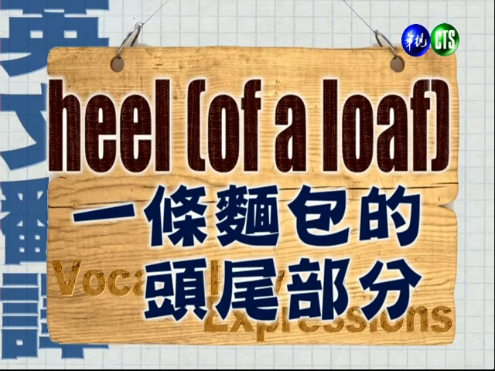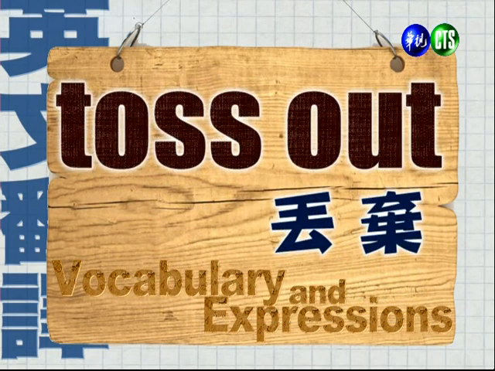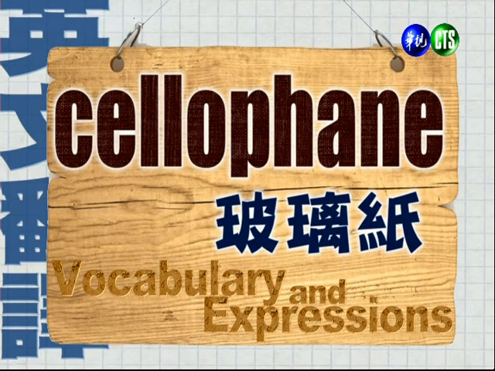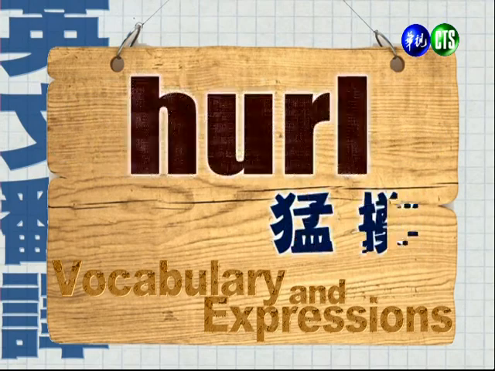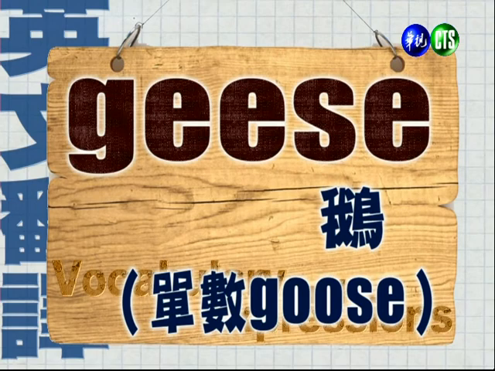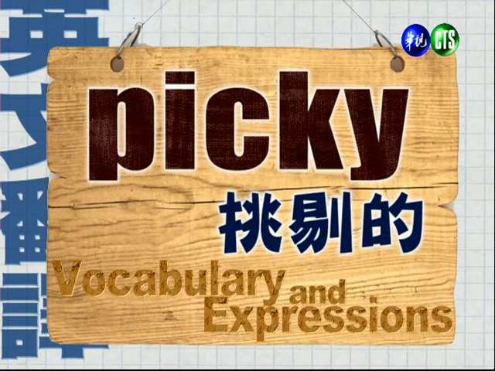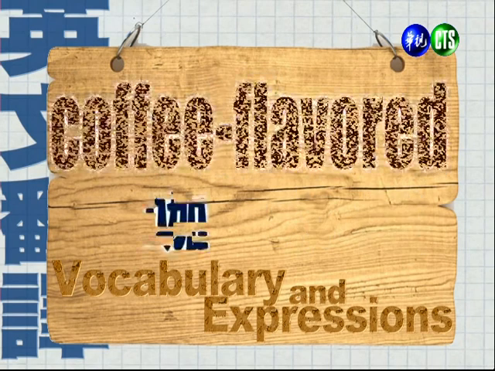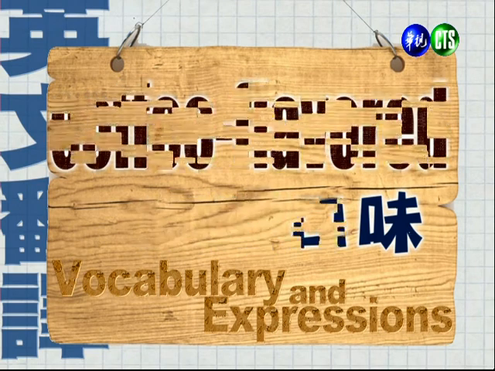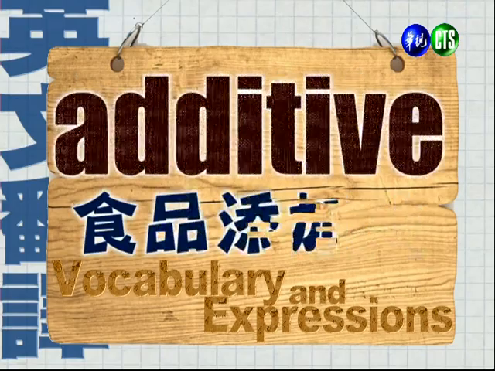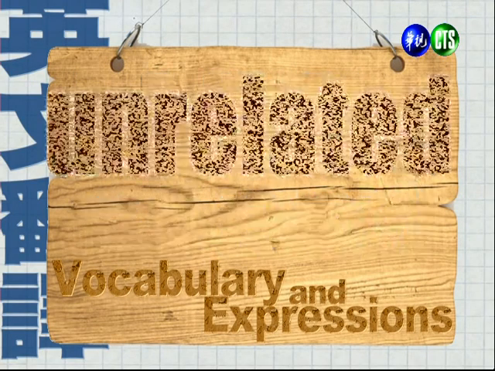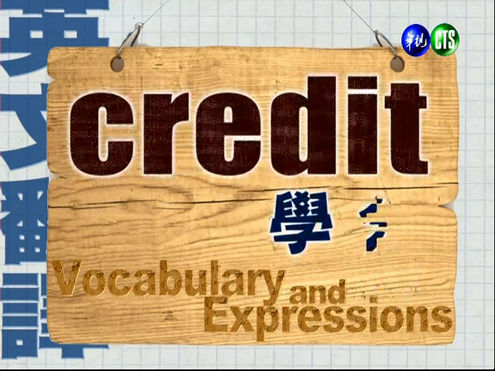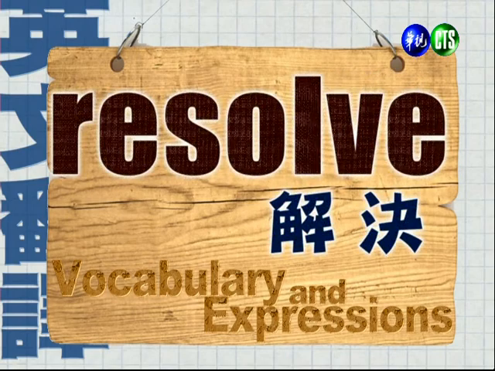Heel of a loaf. 一条面包的头尾部分。Toss out. 丢弃。Presence of mind. 思考能力。Cellophane. 玻璃纸。Sparrow. 麻雀。Hurl. 猛掷。Geese. 鹅，单数是 goose。Picky. 挑剔的。Signal. 讯号。Instinct. 本能。Coffee flavored. 咖啡口味。Lemon juice. 柠檬汁。Additive. 食品添加剂。Unrelated. 无关的。Requirement. 需要，必修课。Credit. 学分。Resolve. 解决。